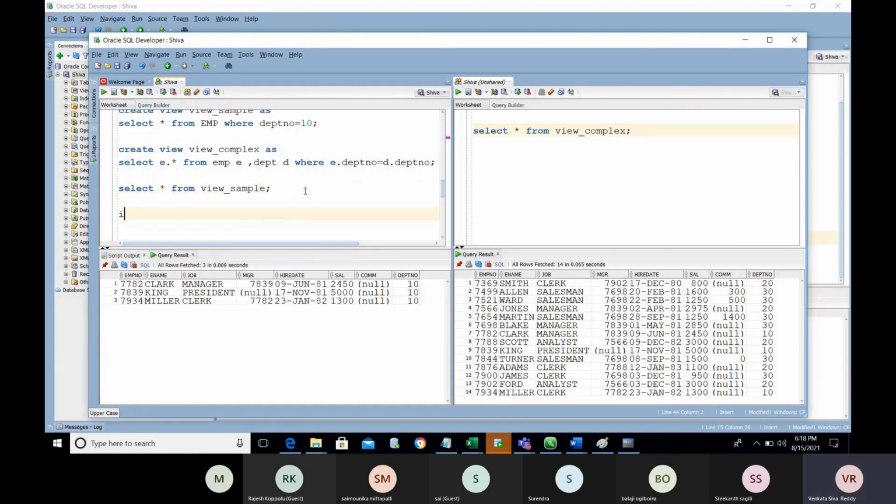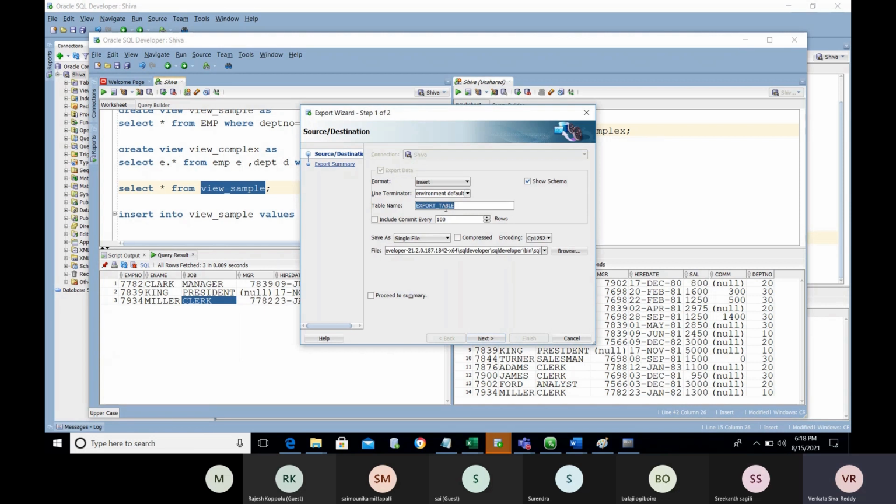Now I'm going to insert or update. I'm doing insert into view underscore. I don't have that much patience, so simply I can take some insert statements of the existing records and we will do the thing.